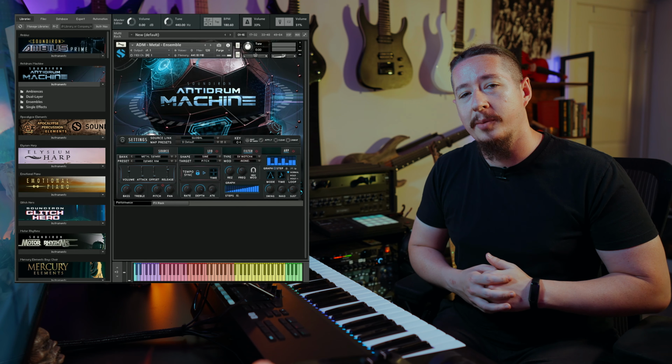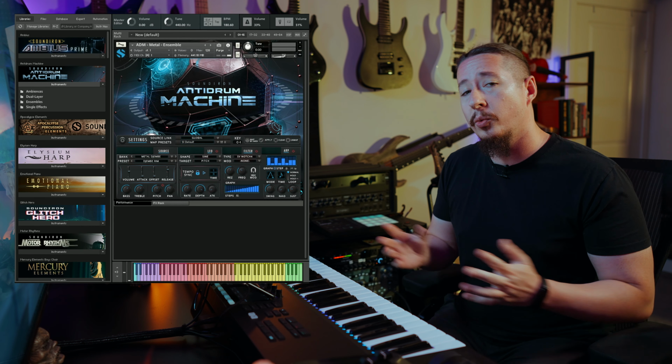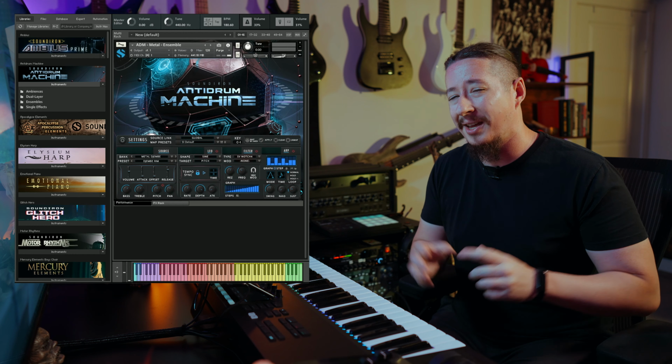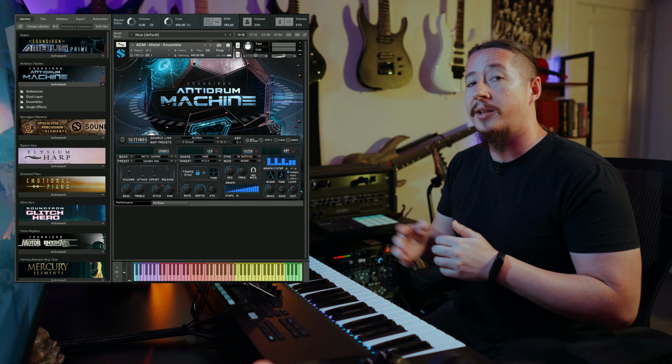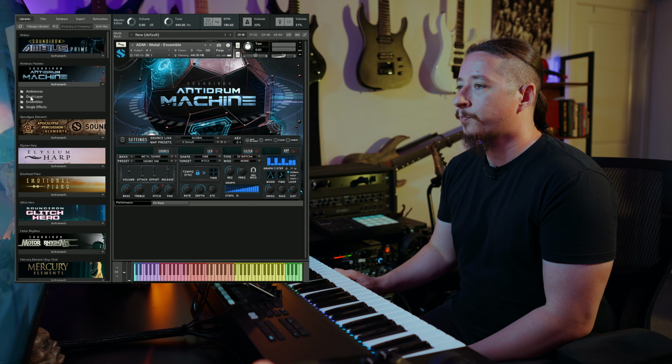Alright, so the next library we're going to be checking out is our Antidrum Machine, and if you're one of those people that like to make beats and grooves out of things that aren't usually percussion, this is the library for you. And right now I have the metal ensemble loaded up,